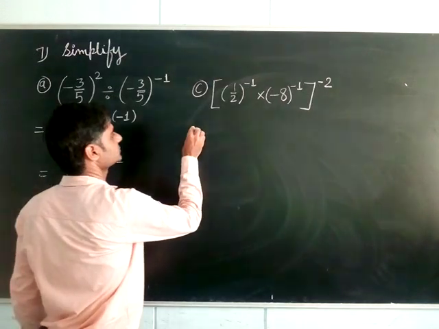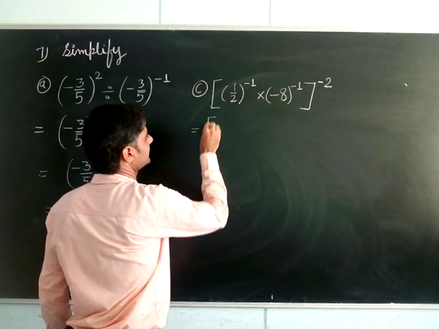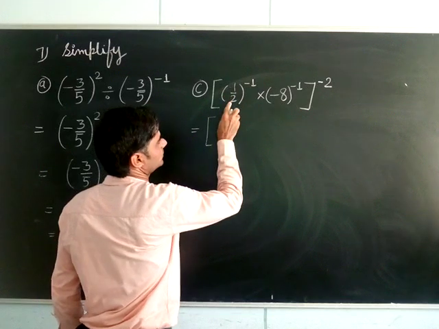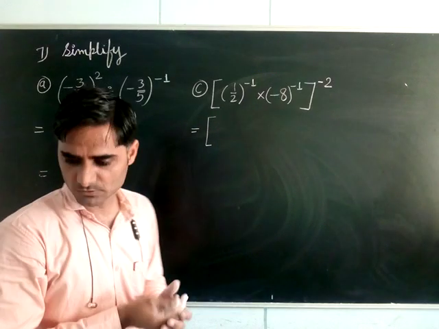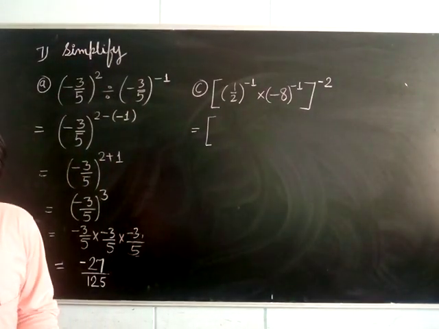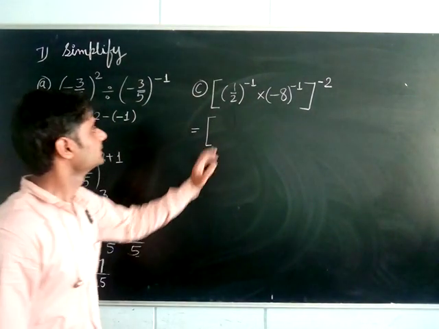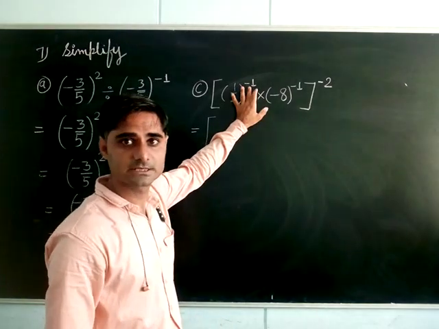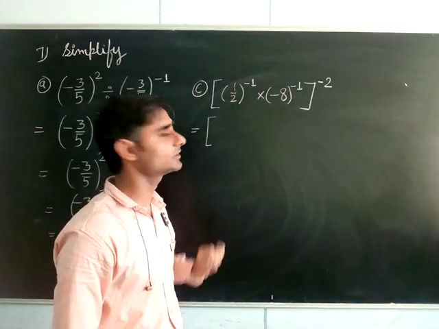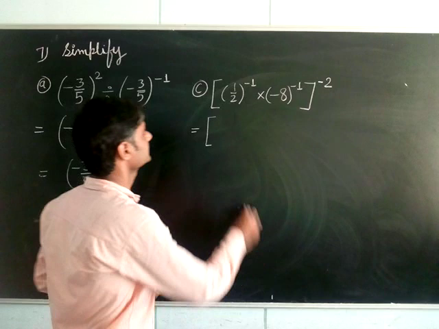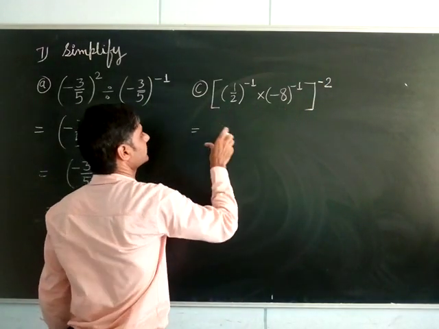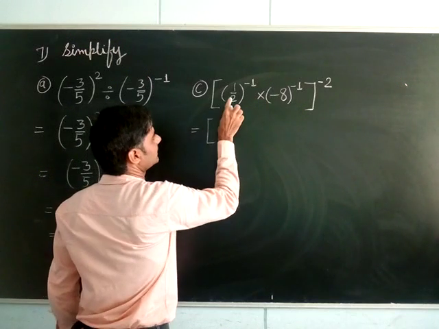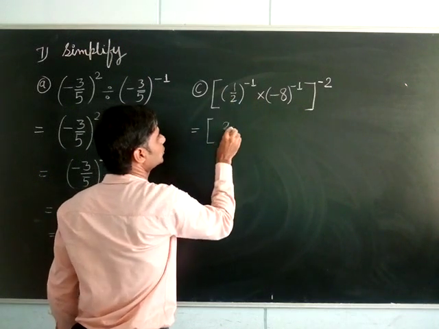Next part is this one. This will be equal to, in big bracket, C: 1 upon 2, and this one is minus 8. So can you take the reciprocal, and this is a product only that is given, no? Yes. 1 upon 2 and a minus power is there. So can we take the reciprocal of the same? Yes, we can take the reciprocal. How we will take? See everyone. 1 upon 2 will become 2 upon 1.